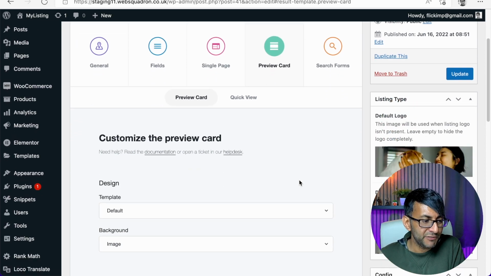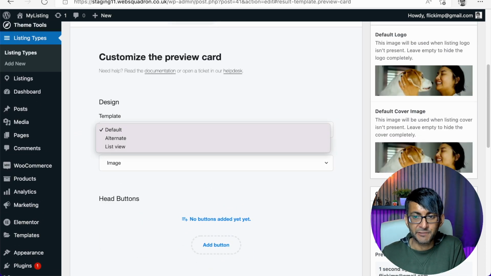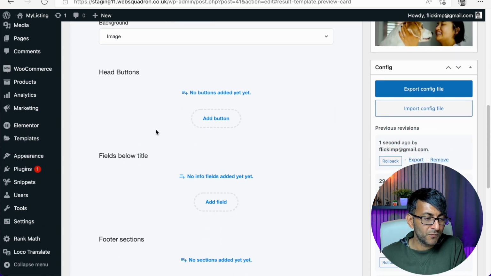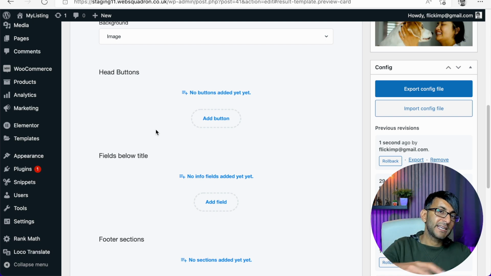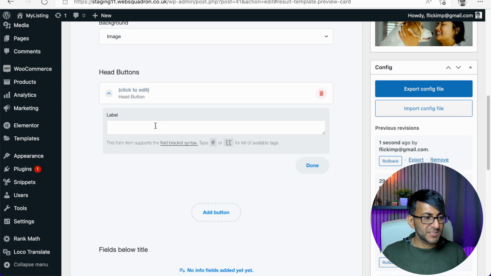Now we go to the preview card. Now the preview card, the one I like to go for is default, and I leave the background as an image. Now, this is going to define how the little card looks before you go into the actual listing. So what I tend to do is add in a button and say the label for this one is going to be,